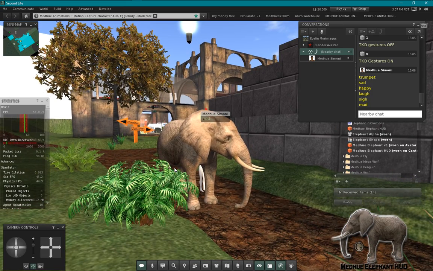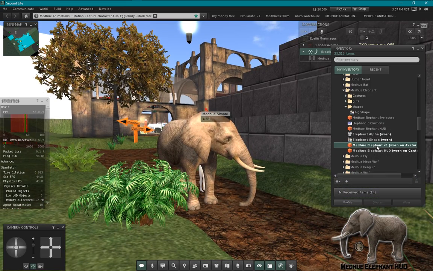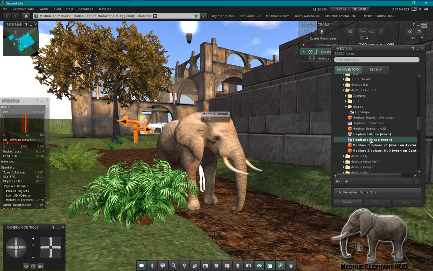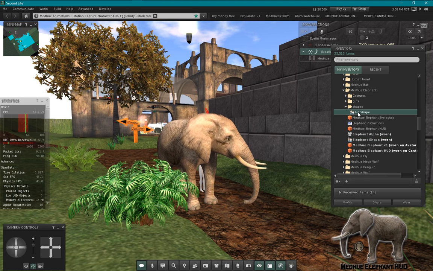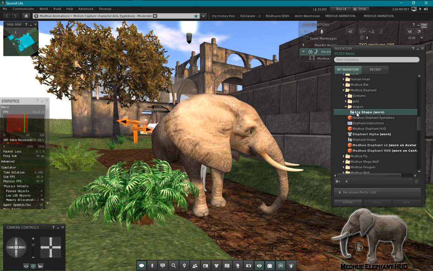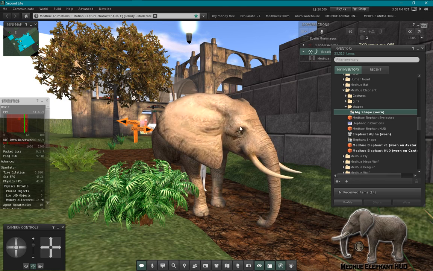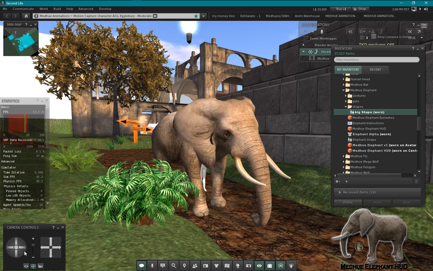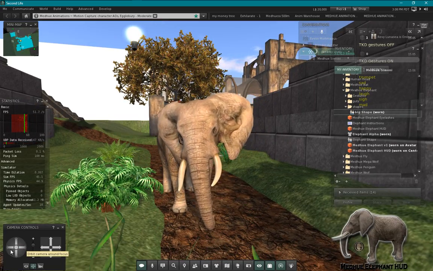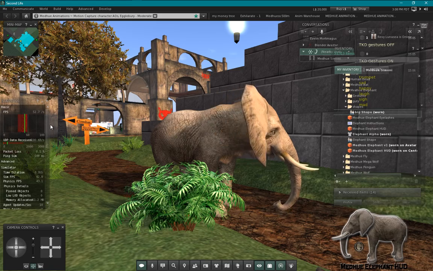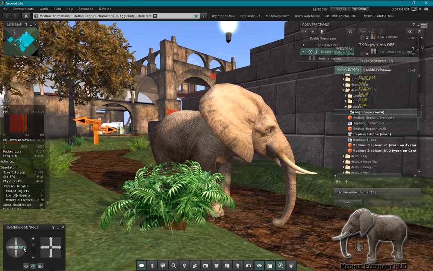The last part of this is customization. So with Bento avatars, we can customize our shapes. And the same thing applies to this elephant. So I'm wearing the default elephant shape. Now I'll switch to a very large shape. So I'm trying to show you the drastic differences that you can create, different elephants that you can create, and most of the animations